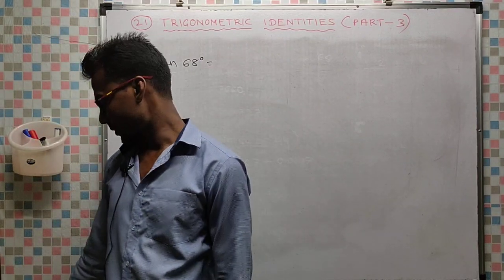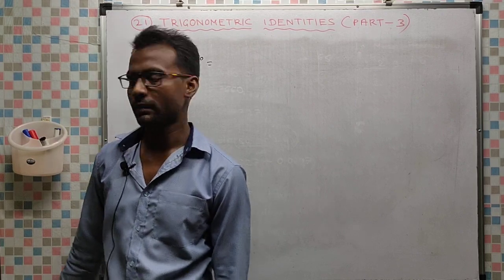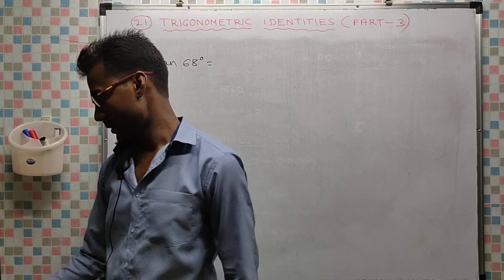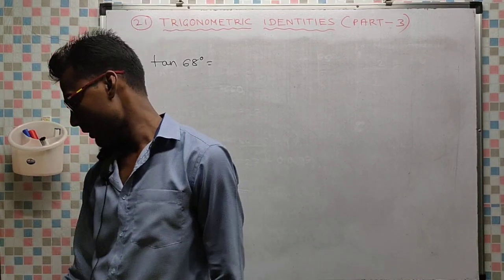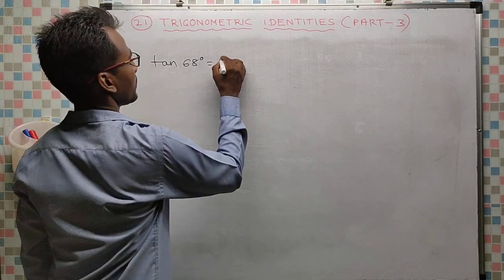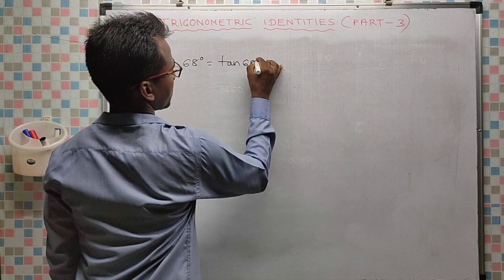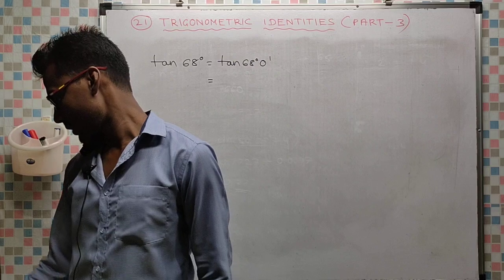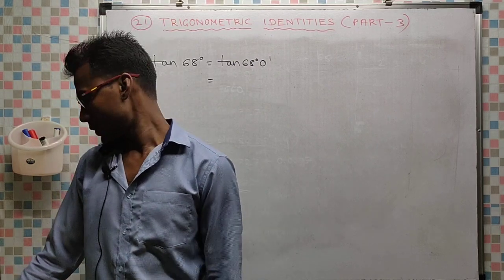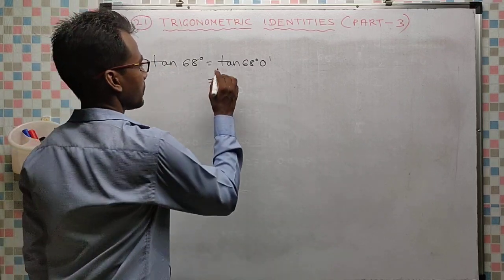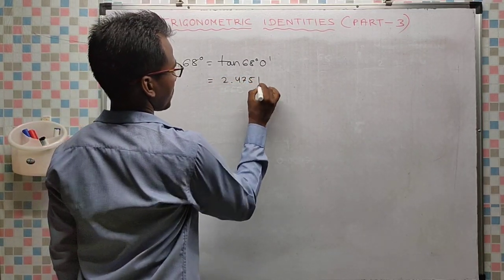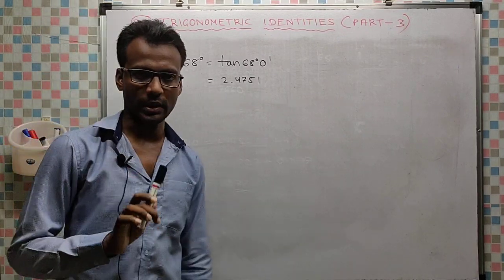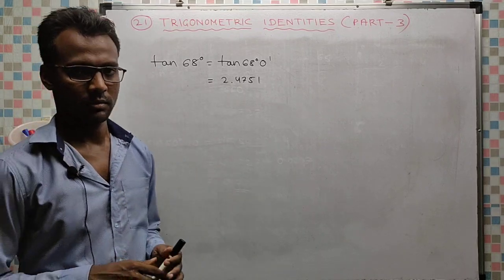It is in page number 455. Till 44 degrees is given, so move to the next page. Tan 68 degree. Look at in the first column 68 degree. 68 degree means 0 minute. Tan 68 degree and 0 minutes is equal to, it is given in the book, 2.4751. So this is the value of tan 68 degree. Table you don't have to learn by heart, it will be given in the exam.